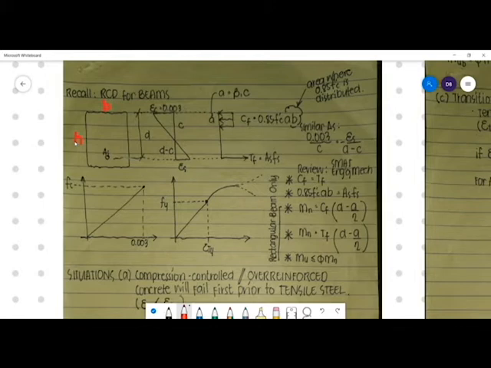The compression fiber is the region wherein compression happens, while the tension fiber is where tension happens. Where does that come from? From the bending moment. Whenever we have upward bending, when our moment is making the beam smile,